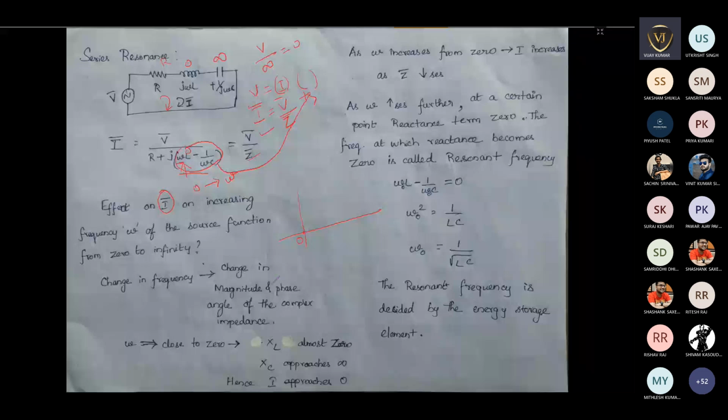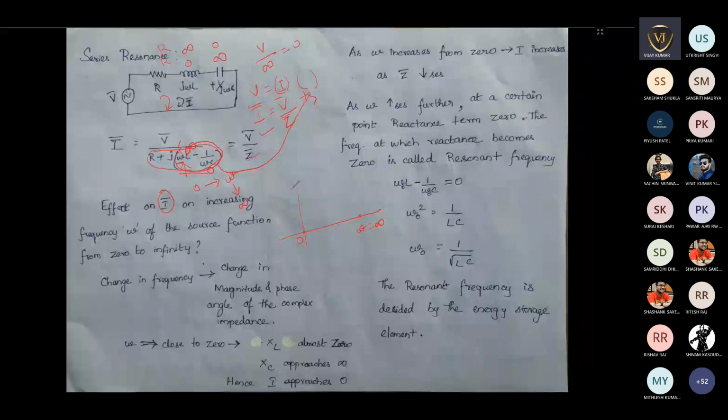Now I'm increasing this omega. Then if I'm increasing this omega, I will get a value. First we will check the extreme conditions. The first extreme condition is omega is equal to 0, and the second extreme condition is omega is equal to infinite. If omega is equal to infinite, you put it here, this will become infinite and this will become 0. And this is still R. So here again, this complete part will become infinite. If this complete part is infinite, again the current flowing through that will be 0. Here, this is at omega is equal to infinite.